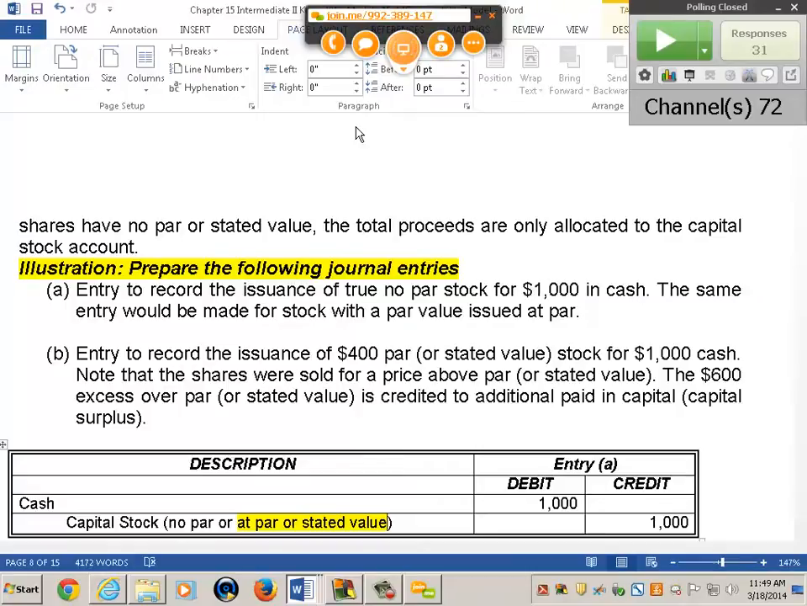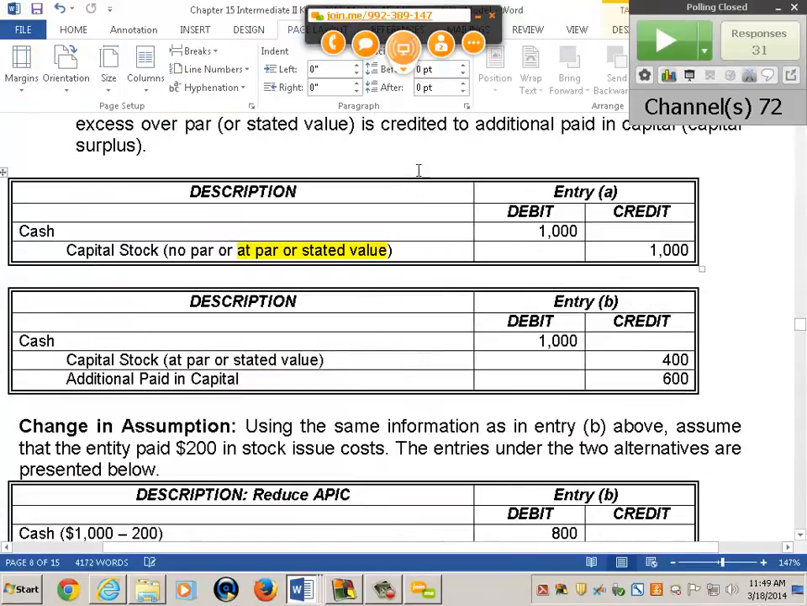of par value. Now, in the event that there is a par value, and we're not going to do anything with stock issue cost right now, in entry B, if there is a par value, and the par value is 400, or if the stated value is 400, you debit cash from financing activities for 1,000. You credit common stock at par or stated value. So it's exactly the same debits and credits if it's a par value or a stated value for 400, and the excess of 600 goes into the paid-in capital in excess of par or paid-in capital in excess of stated